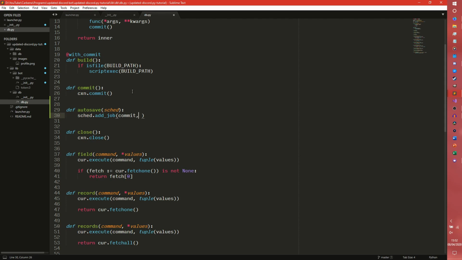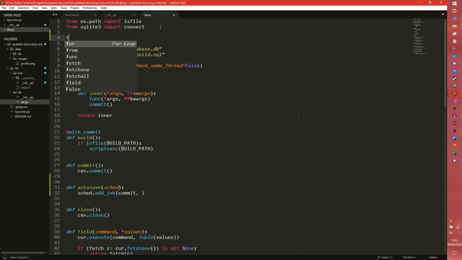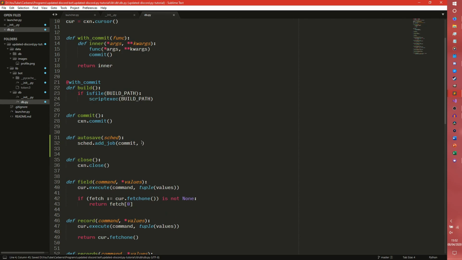And you just pass the function object in here, and then we need to import something else, don't we? We need to from apscheduler dot triggers import cron trigger. I'm trying to remember what the syntax is. I think that's right. We'll see. And we set our cron trigger in here,